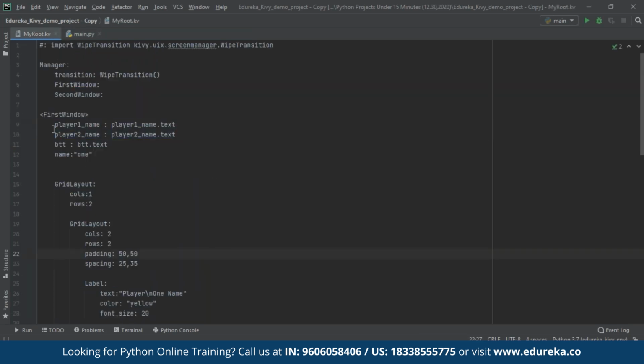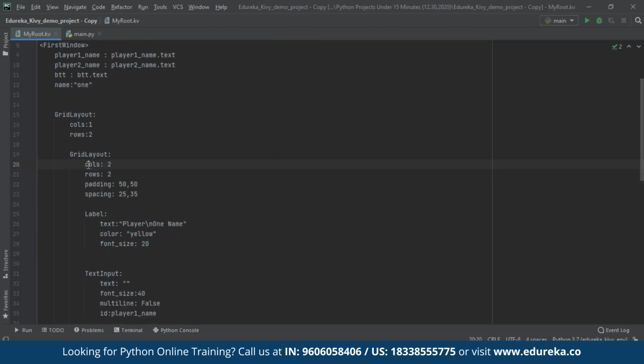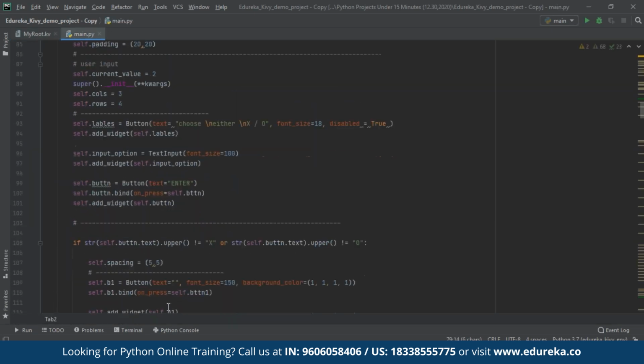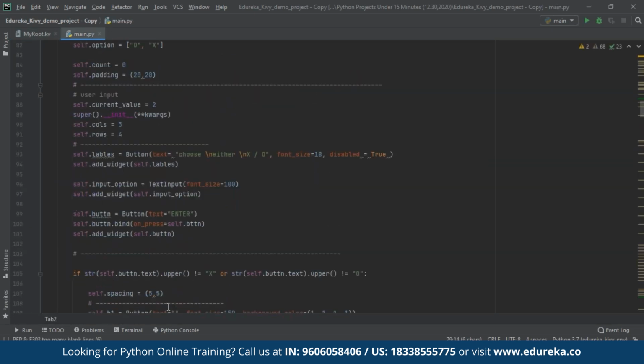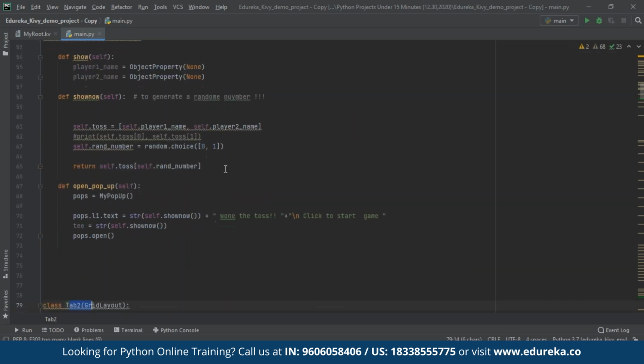As you can see here, we have player one and player two, and this is basically what kind of input it takes. Here we are going to make use of grid layout. As you all know, grid layout arranges the widgets in rows and columns. So this is the KV language. For this second window, just to give you a better analogy, although I could have used KV language, which would have made my life pretty simple,